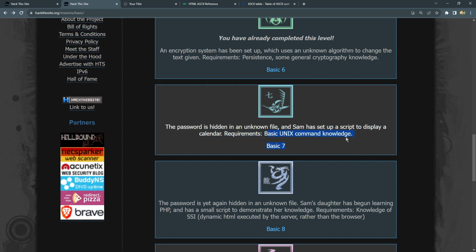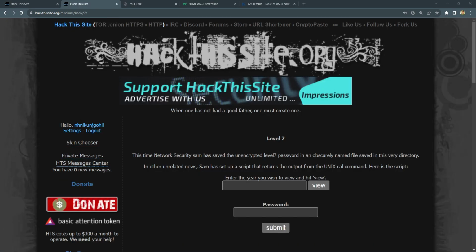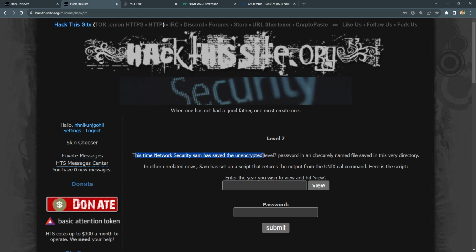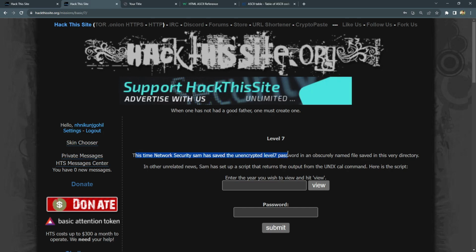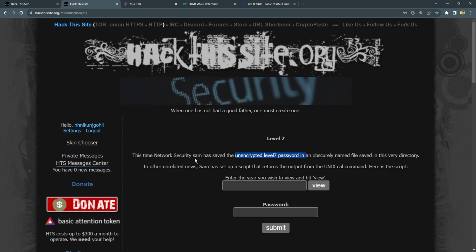That is basic Unix commands. So you require a basic idea about Linux commands. Now understand, it is telling us that the password file is hidden and there is some script for a calendar. Let's go inside. So here you can see our mission is what? Uncover this hidden file. Which hidden file can you see? This time, network security, Sam has saved the unencrypted level 7 password in an obscurely named file saved in this very directory. There is some unpredictably named file in the directory, and inside that Sam has stored the unencrypted password